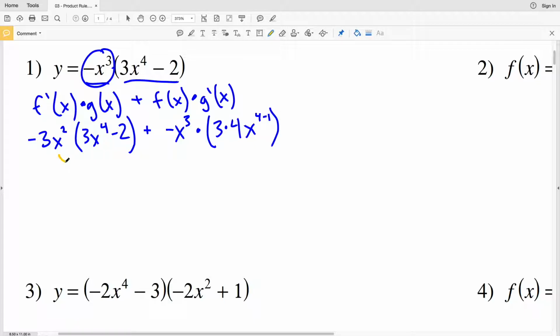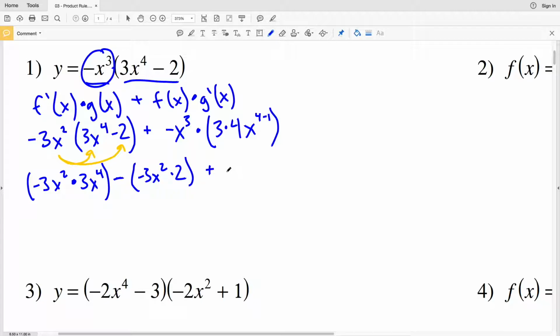So now I'm going to distribute negative 3x squared to 3x to the fourth and negative 3x squared to 2. So writing this out,